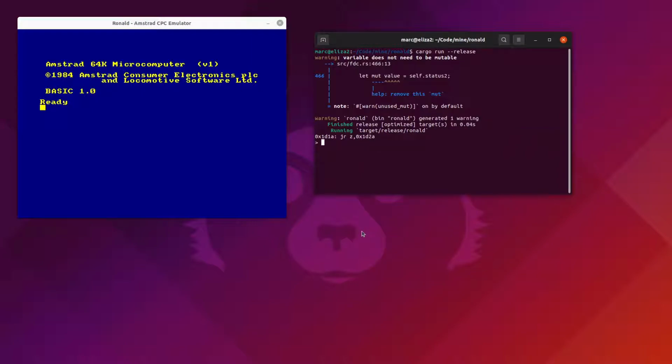And you can do various things now. For example, you can look at the CPU registers. You see the registers here, and also the flag register with the various flags. And what you can do, for example, now is if you want to